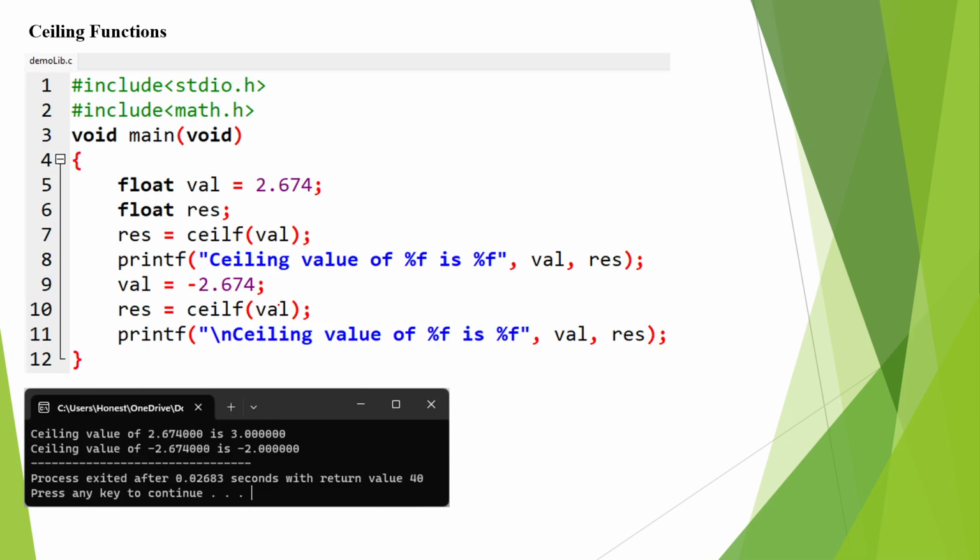Okay, so this is the program for demonstrating the ceil function. I have demonstrated ceil with two values, one positive value and one negative value. So ceil of 2.674 we are calculating and ceil of minus 2.674 we are calculating. These two we are storing in result and printing it. So ceil of